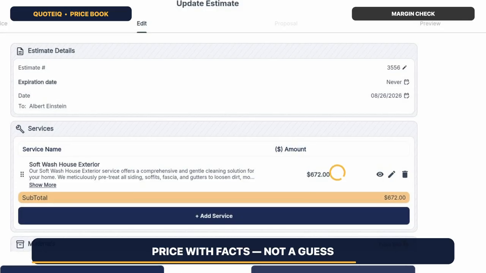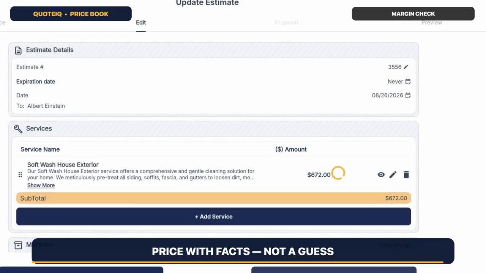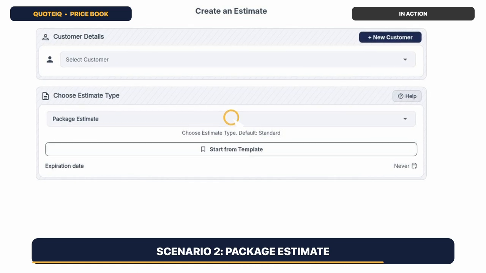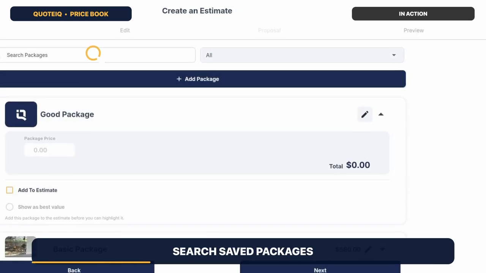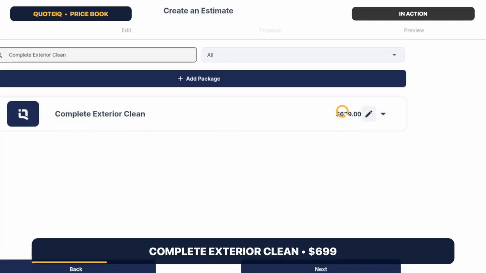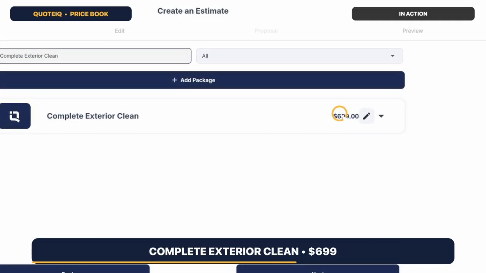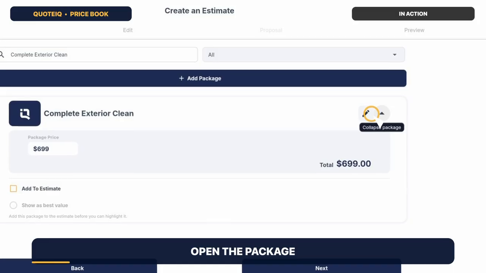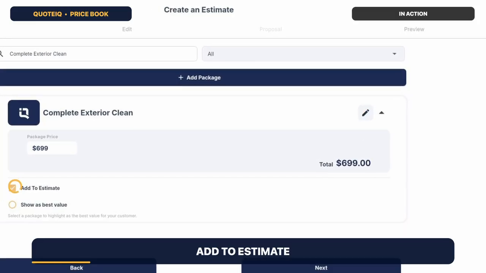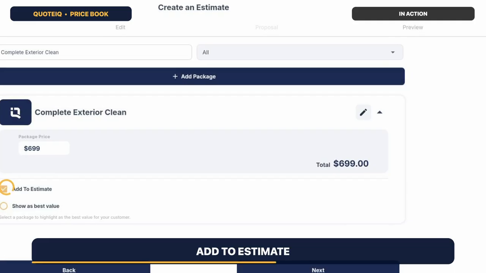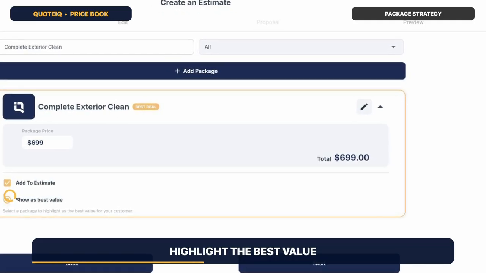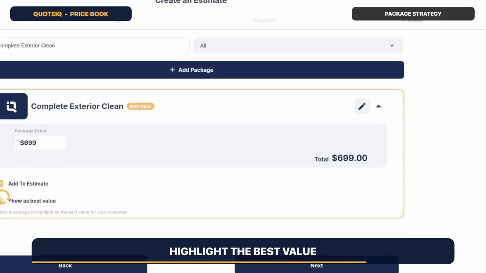For the second scenario, create a package estimate. Search for complete exterior clean. The saved $699 package appears with this description and total. Add it to the estimate, and QuoteIQ also lets you mark a package as the best value. That is helpful when you present more than one option and want the customer to see the offer you believe delivers the strongest result. On the edit step, the package name, description, and price carry into the estimate exactly as they were saved. Again, the price book is doing the repetitive work so your team can focus on the scope